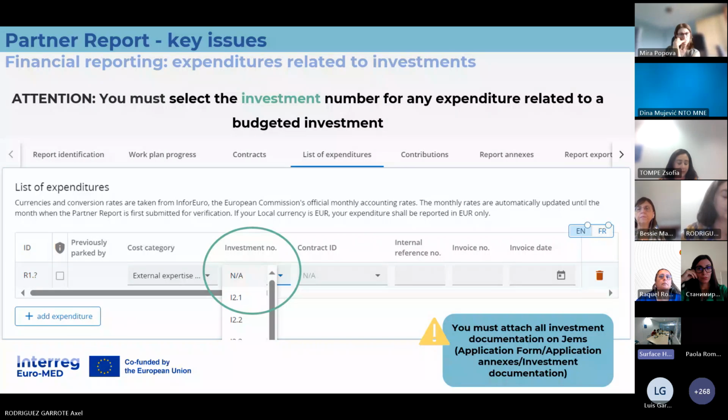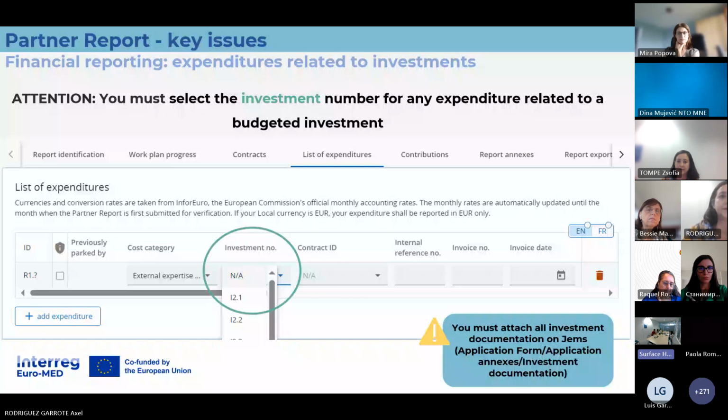So please upload these documents in the Application Annex Investment Documentation. It should be complete in order for the expenditure related to an investment to become eligible. So before you start to report expenditure related to an investment, make sure that every obligation is fulfilled by your side. The list of the obligations was communicated during the pre-contracting phase.